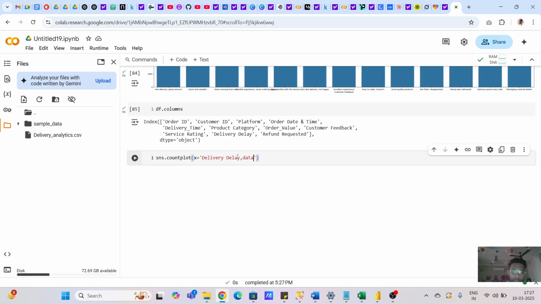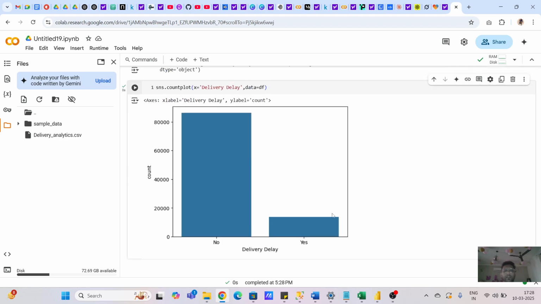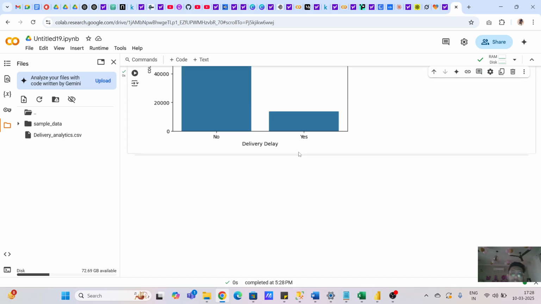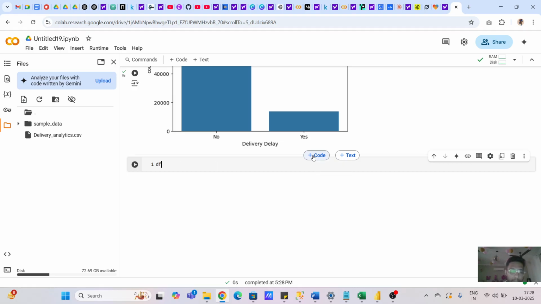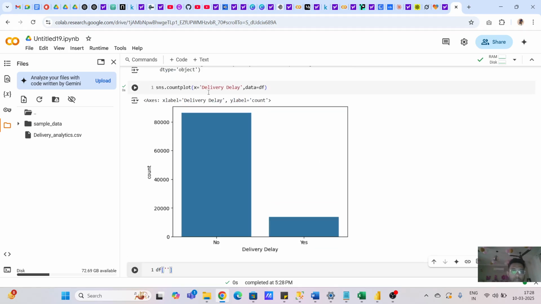comma data equal to df. So you can see that most of the deliveries are not delayed, because you can see that delivery delay, no, most of the customers, 95,000 customers, are saying that there's no delay in delivery. Only 5% of the customers are saying there's a delay of delivery, right? So if I say df of delivery delay,